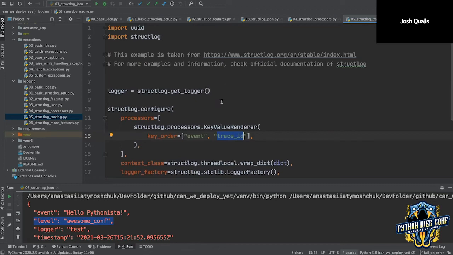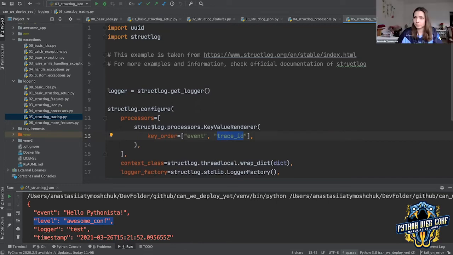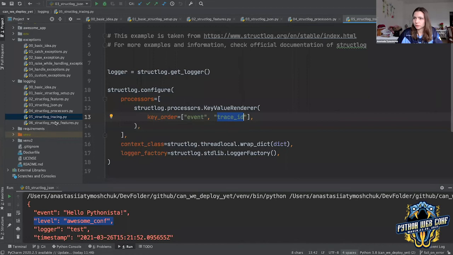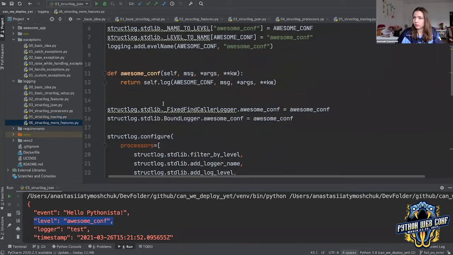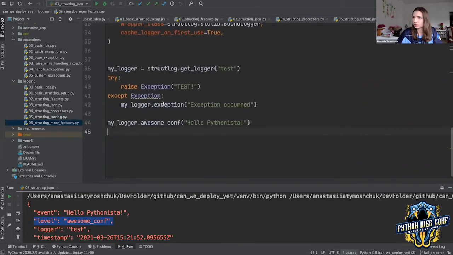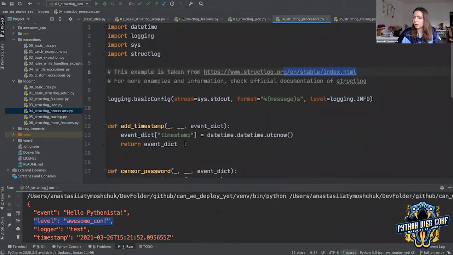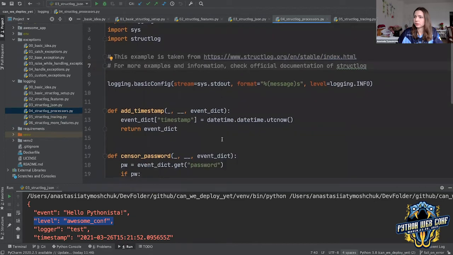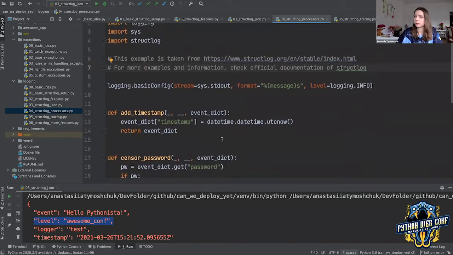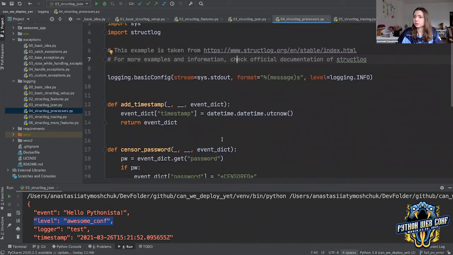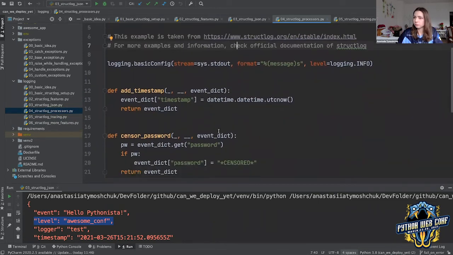Sean asks, can the bind take a variable for the value so we can increment the key ID? I think I have an example somewhere, maybe processors. Bind, no, I don't think that bind can get any variable that could be incrementable, but you can write your own processor.